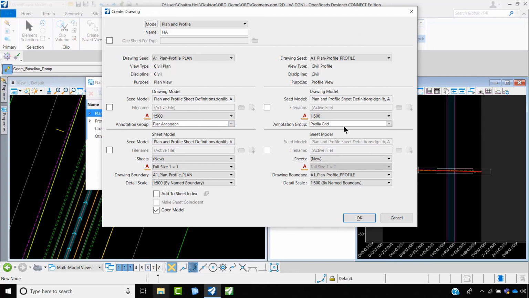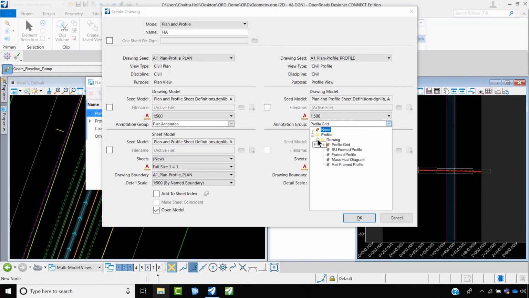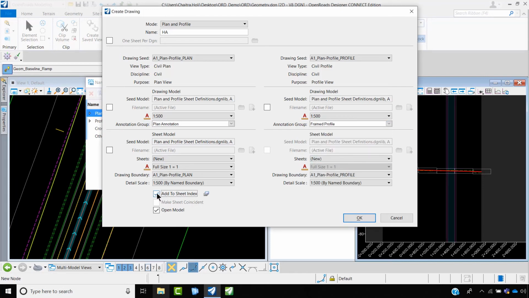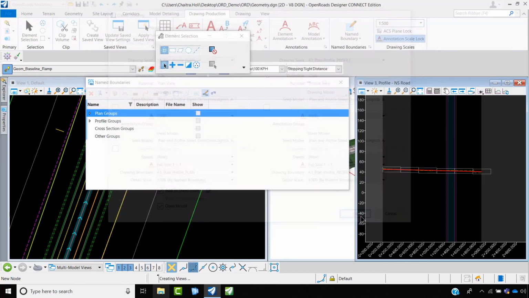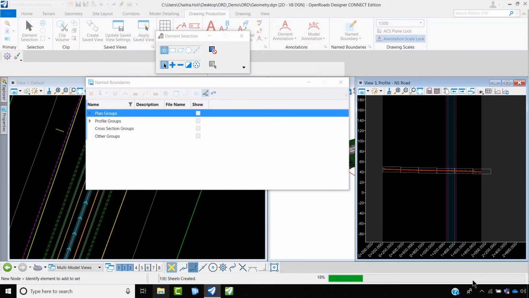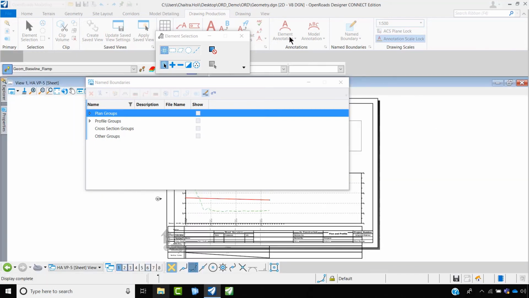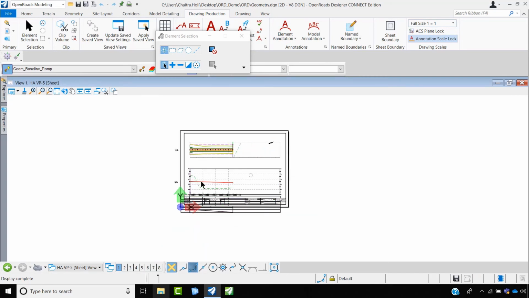Let this annotation group be plan over here. Let it be the framed profile. And let me check this. The moment you select, the processing will take place now. So once this has been done, now you will see